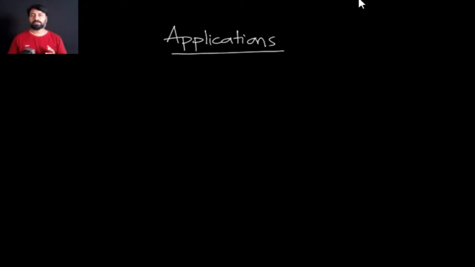In this video, I'm going to discuss three major applications of Henry's law. In the previous video, I was explaining what Henry's law is, what the definition is, and how Henry's law can be expressed in mathematical form. We also saw the value of Henry's constant and its relationship with solubility. Along with that, I explained Henry's constant units. There are two types of units, so be careful about that when you're using Henry's law.